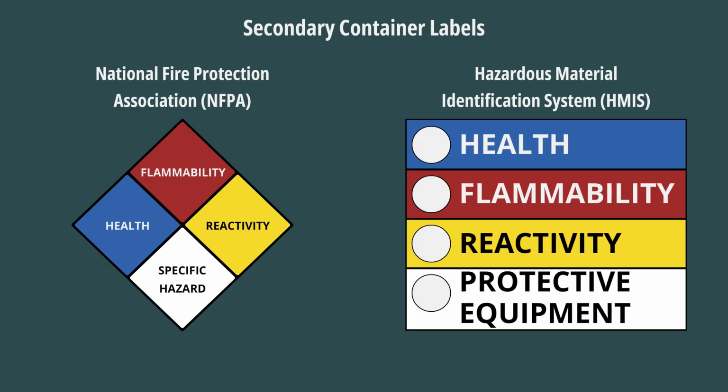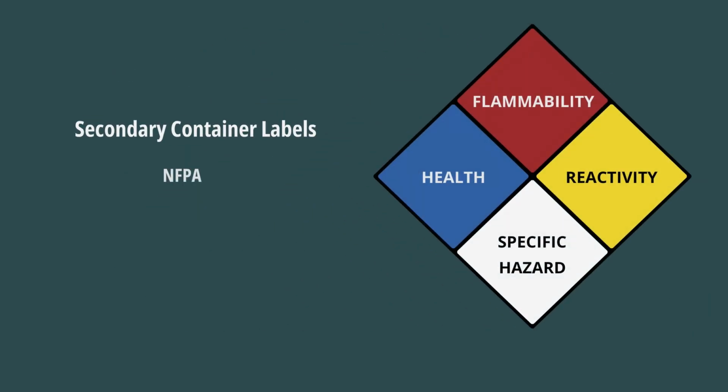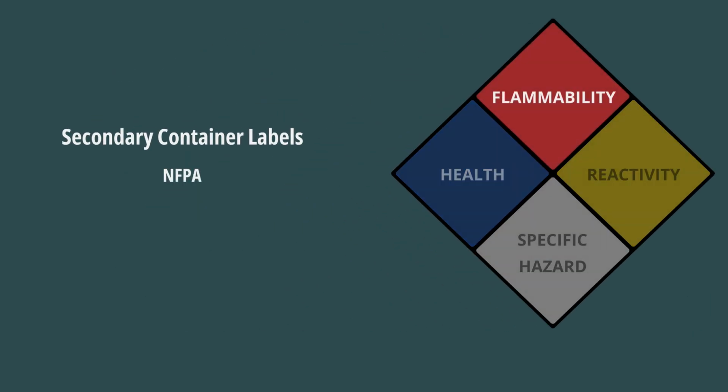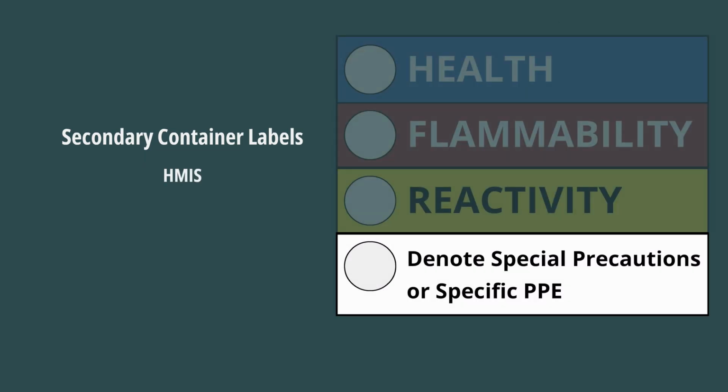Both of these labeling systems are very similar in how they depict the hazards of the chemicals within a container. Both systems use the same colors to indicate the 4 basic hazard parameters. Blue is the health hazard rating. Red is the flammability hazard rating. Yellow is the reactivity hazard rating. And white is a specific hazard warning under the NFPA, such as "do not mix with water," which is depicted as a W with a line through it. Under the HMIS, this area is usually used to denote special precautions or specific protective equipment to be used with